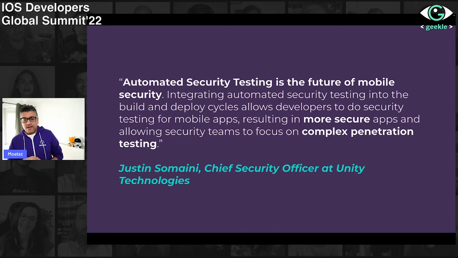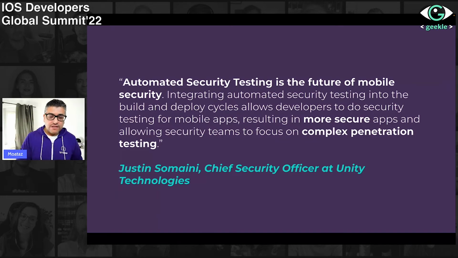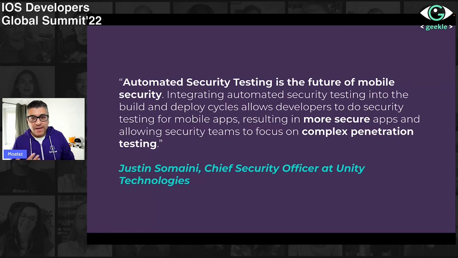Here is a quote from Justin. Justin is the chief security officer at Unity Technologies. He is explaining why automated security testing is important. He says automated security testing is the future of mobile security, integrating automated security testing into the build and deploy life cycle. So we inject security testing inside the CI/CD pipeline, or the workflow or cycle of releasing the mobile app,